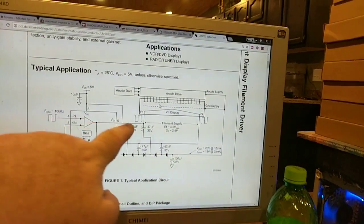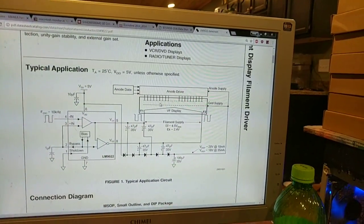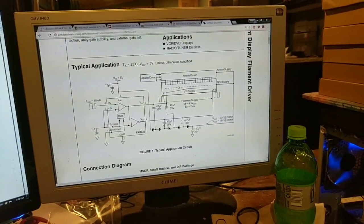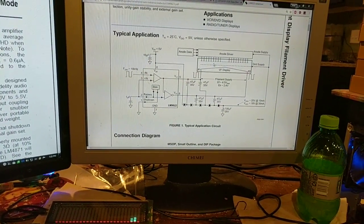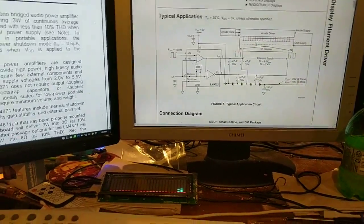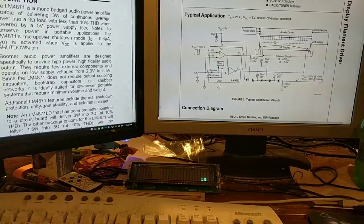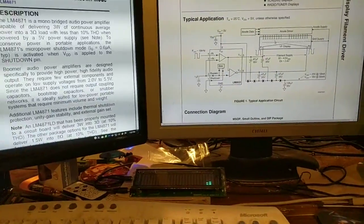Okay? So if I put the meter to the cathode, just like any vacuum tube equipment, if I put the meter at the cathode and put the other probe at the grid, it's going to be negative 3 volts when it's off. So that's why it has to float above ground. So it will turn off the grids into hard cutoff so they don't ghost. So you don't have a ghosting problem. So that's the circuitry. That's basically everything I'm going to use in the design,